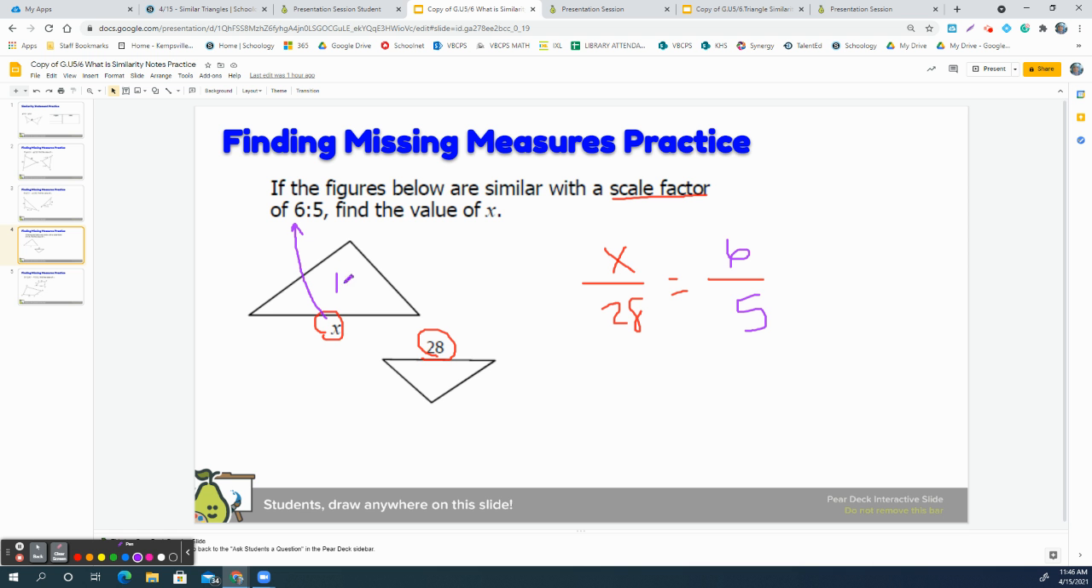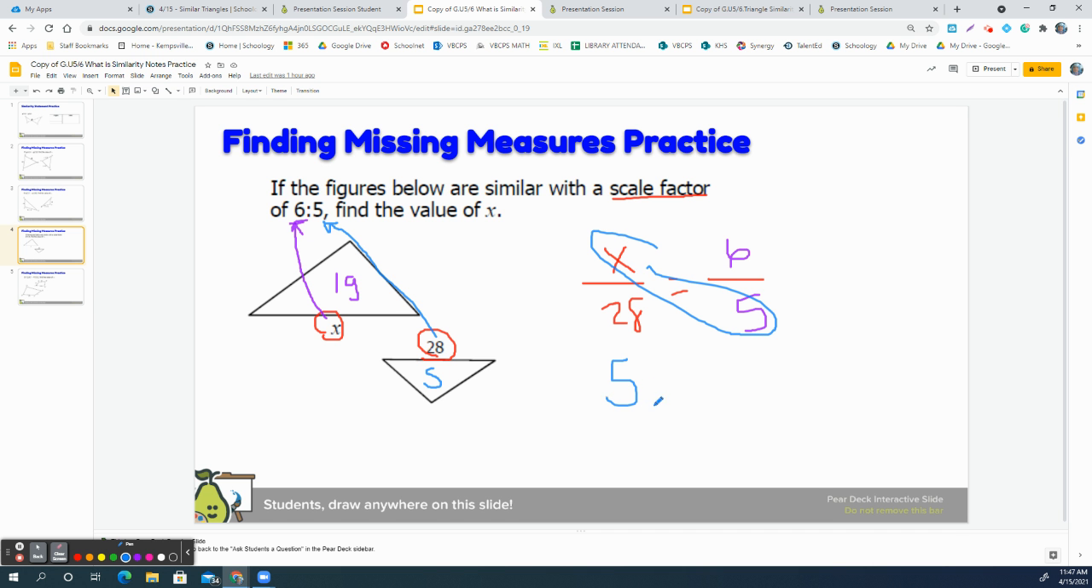It's bigger. This is the large triangle, so it has to go with the larger number. This is the smaller triangle, so it has to go with the smaller number. If we don't talk about that explicitly, then sometimes we're confused about how to put the proportion together. So you've got big and big next to each other and small next to each other. That's how I know it has to be 6 over 5, because it's the big X over the small 28. So then we cross multiply